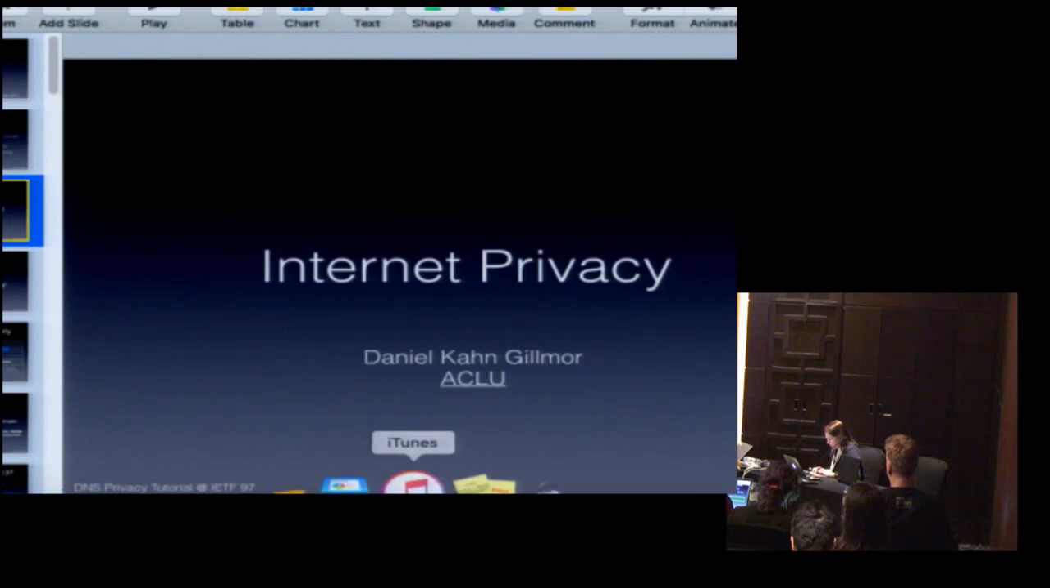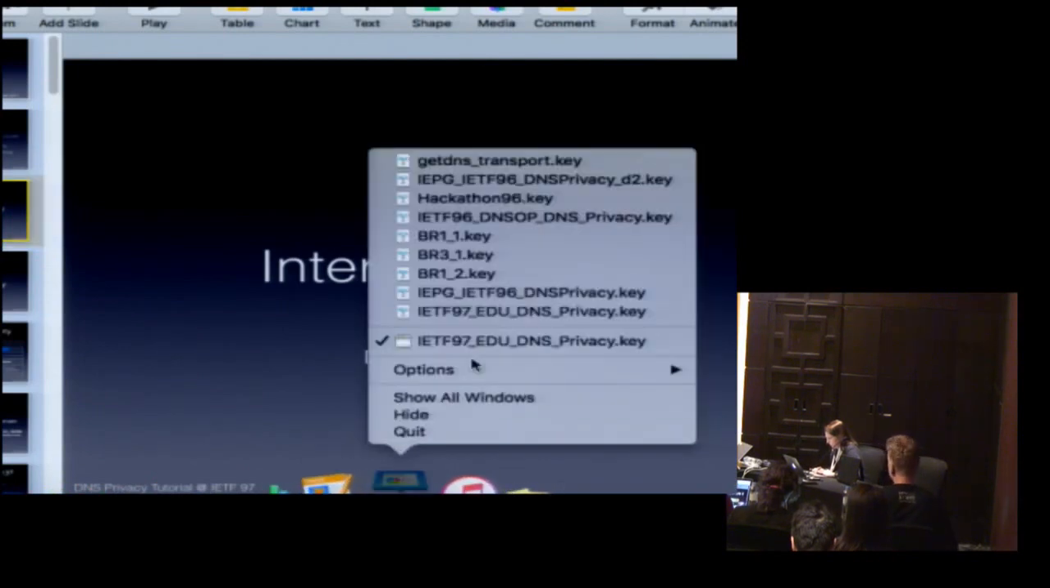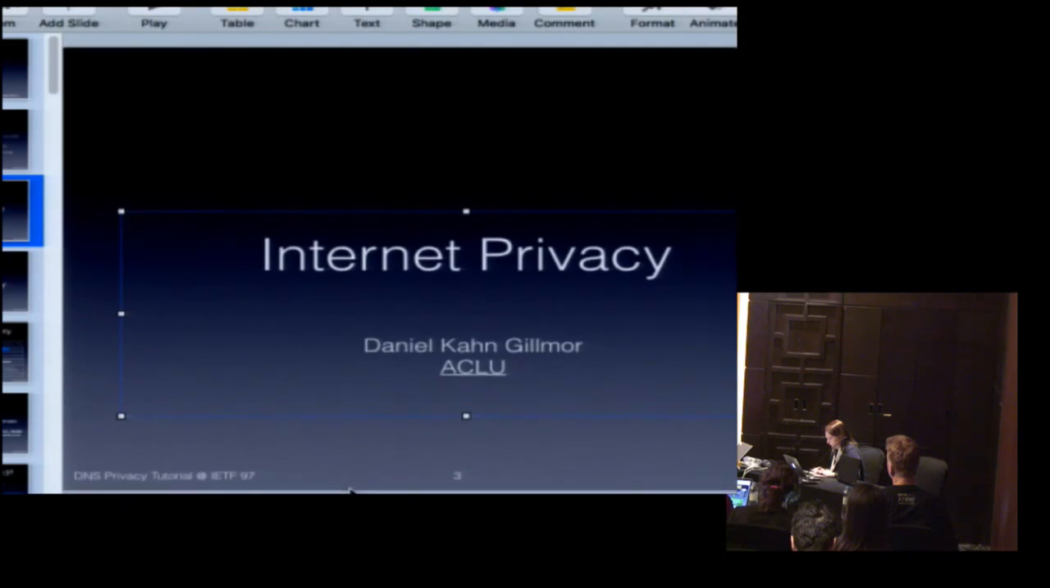So I want to talk just a little bit to set the frame for why DNS privacy matters. And more generally, there's a bigger picture. Why does privacy on the internet itself matter? So just to try to motivate it so that we're thinking about this stuff sort of on the same page,